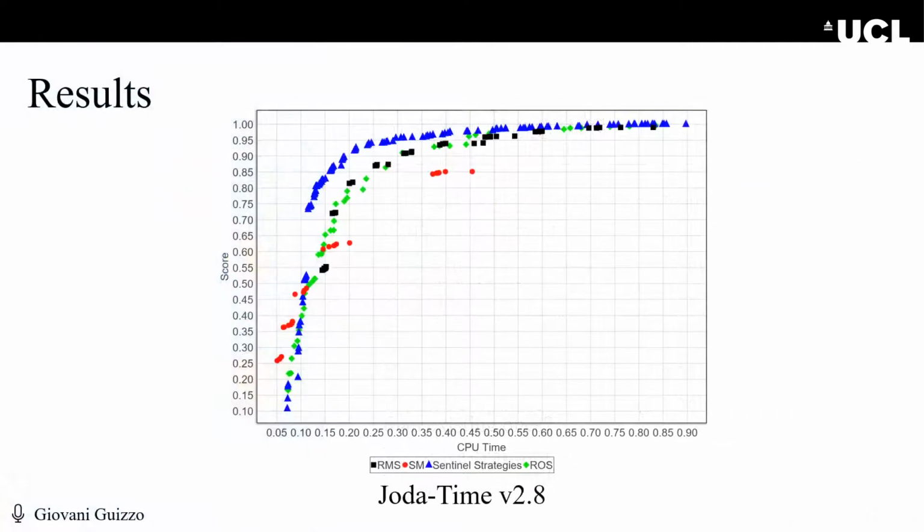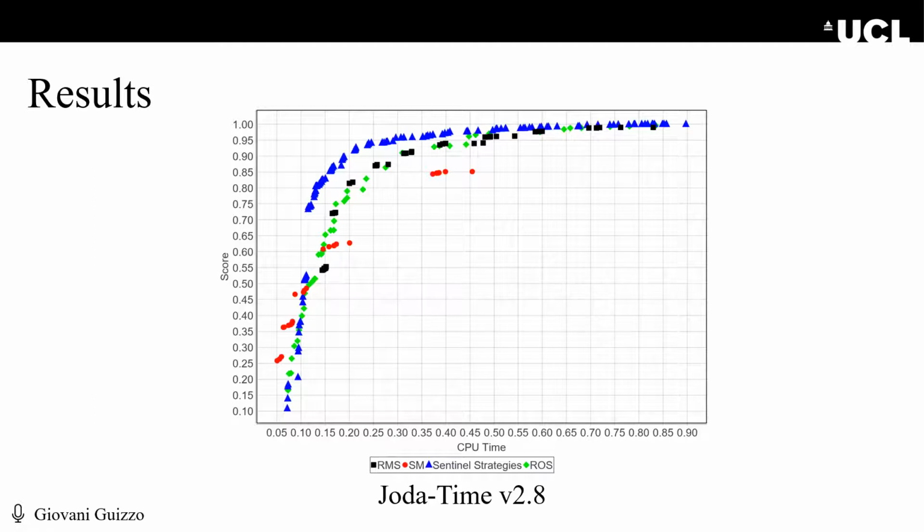During the comparison to the other strategies, we found out that Sentinel is able to generate better strategies 95% of the time with statistical significance. This is an example of the quality of the strategies. The graph here, what you're seeing here, in the y-axis, is the score of the strategies, whereas in the x-axis,